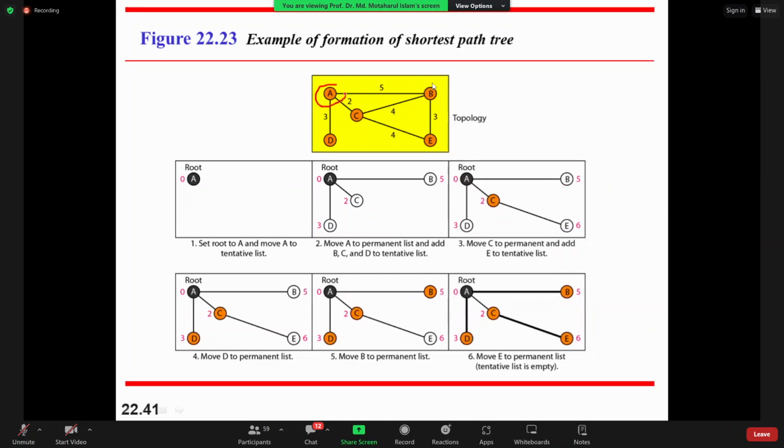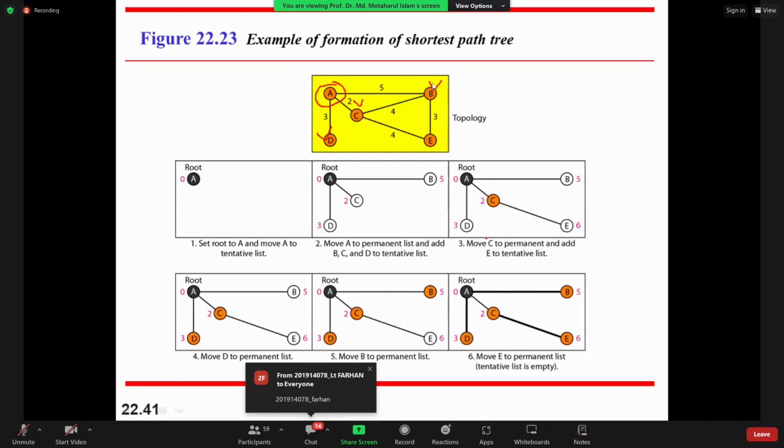This node is the root node. So when we move the root node A to the permanent list, we will add the directly connected nodes B, C to the tentative list. Now you see, based on the costing, since Dijkstra's algorithm works on the shortest path,